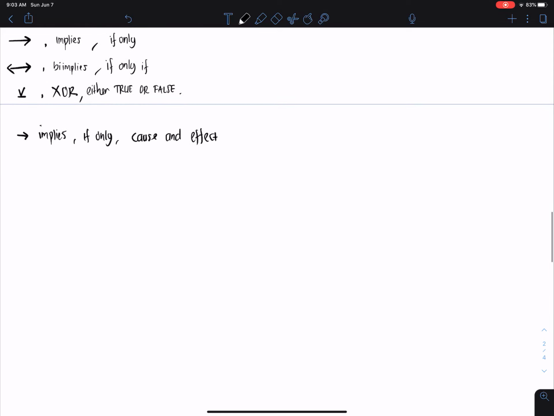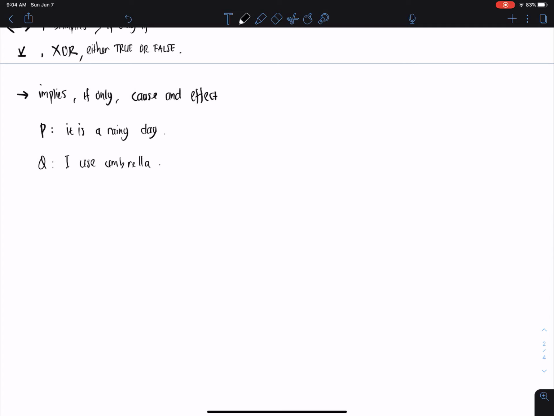So for examples, let P be it is a rainy day, and Q as I use umbrella. Like that. So if we have a proposition P implies Q,